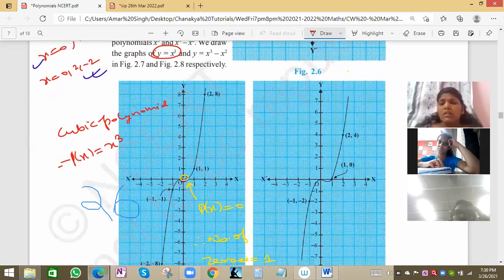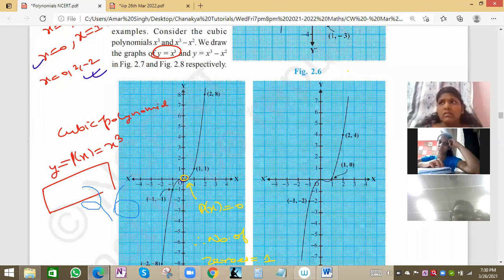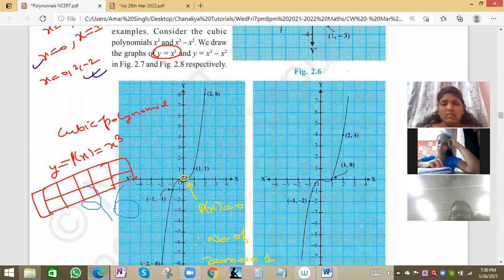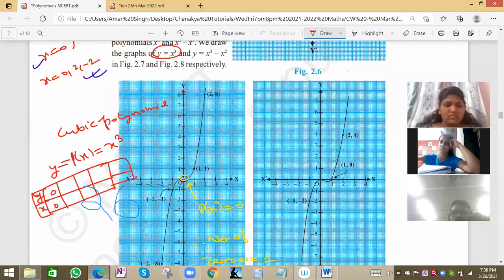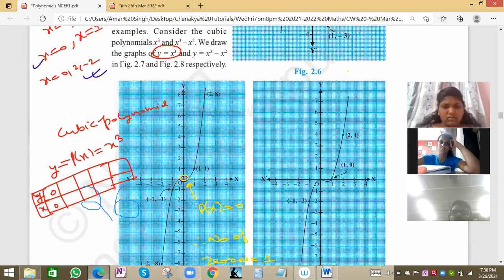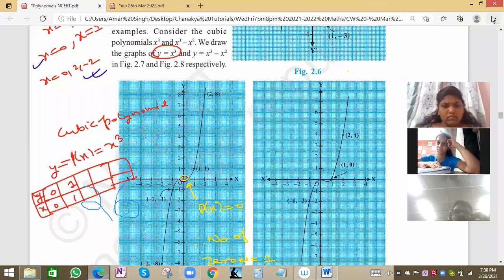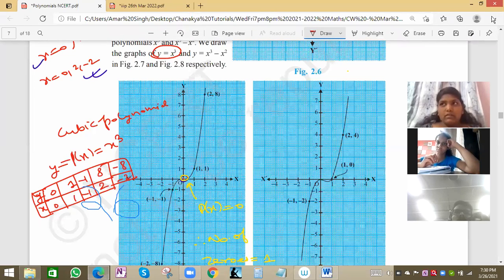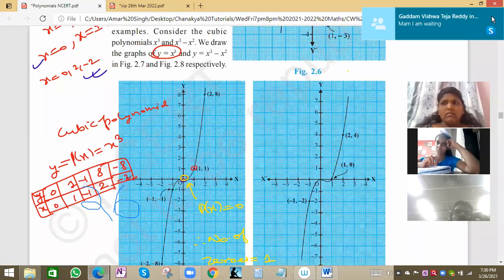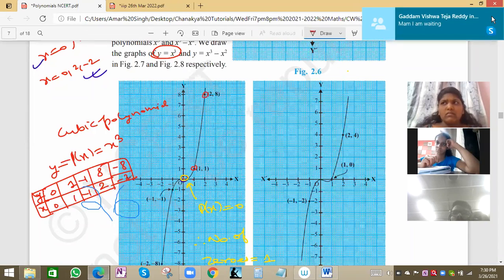See, suppose P(x) is y basically, always. So we can plot a few values, because in a line we take two values of x and y. For other than a line, now we can take more values for any curve. So this is x and this is y. If we take x = 0, y will be 0. So this is (0, 0). If we take x = 1, y will be 1. If we take x = minus 1, y will be minus 1. If we take x = 2, y will be 8. If we take x = minus 2, y will be minus 8 because minus 2 cube is minus 8. So x is 1, y is 1, correct. x is 2, y will be 8, correct. This is also correct, (2, 8).